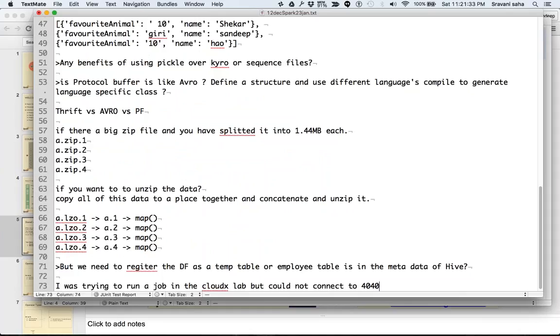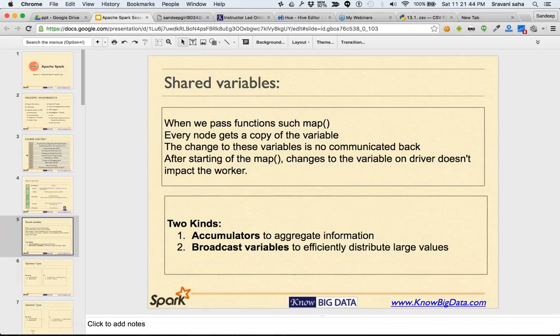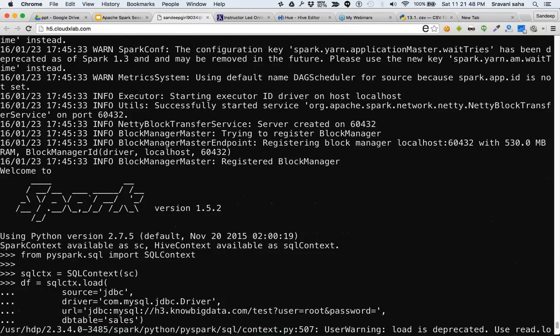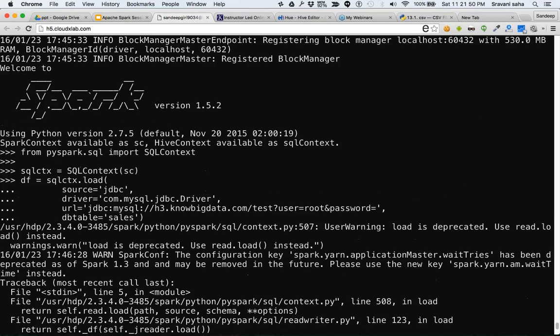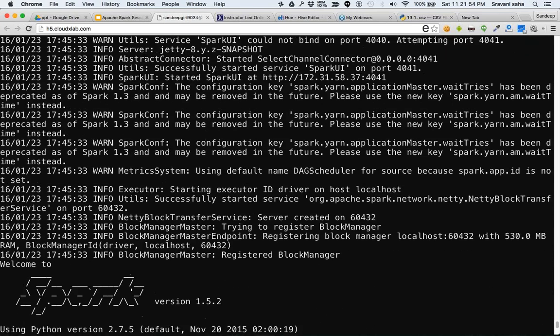Arpan says he was trying to run a job in CloudX Lab but could not connect to 4040. In that case, look at the URL which this is printing here. I forgot to mention to all of you, whenever you are trying to run anything, say for example this one,